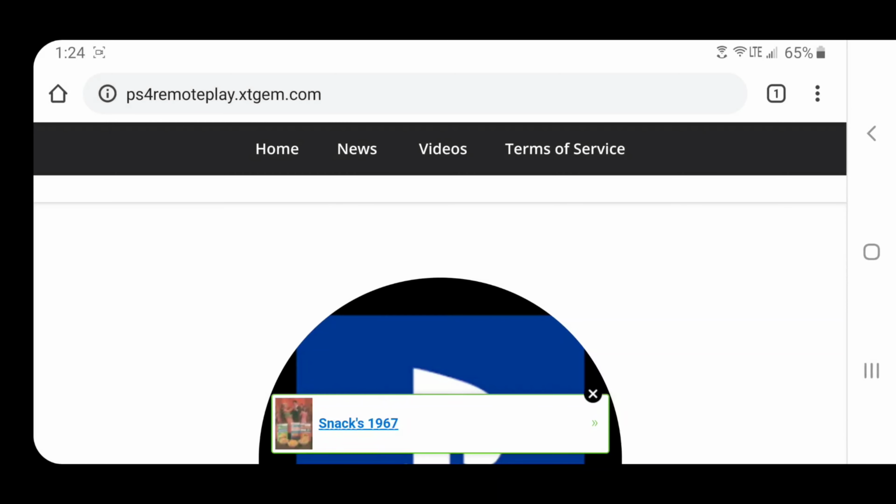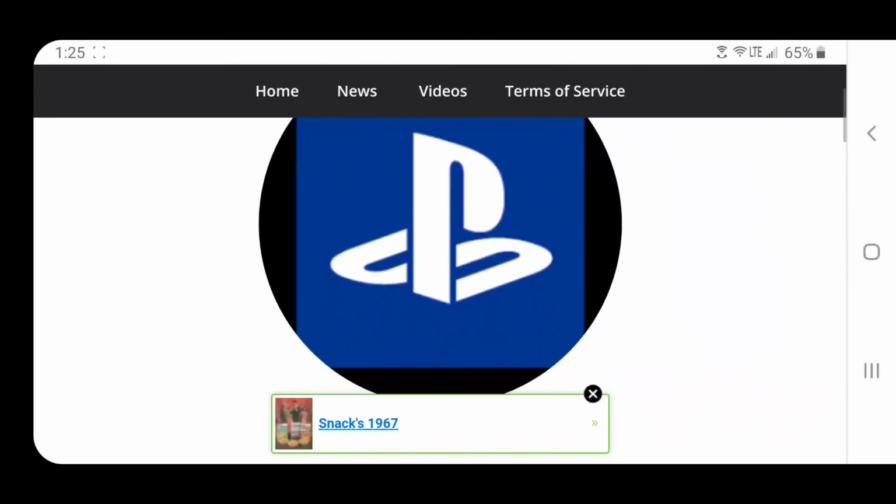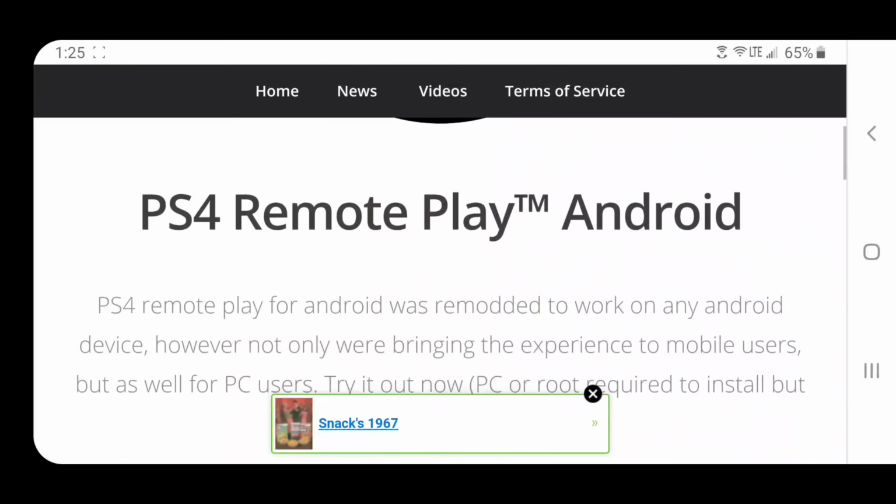And all you need to do is go down to PS4 Remote Play. You can click download now, and if you really want to support the project to become better than what it